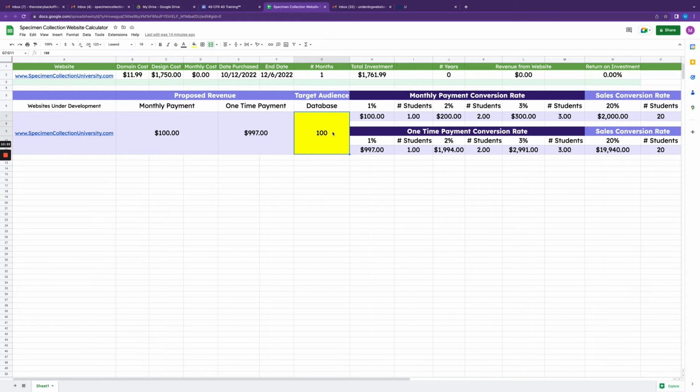Ultimately, though, I don't want just 100 on my list, because I want to make more money. With 100 people on my list, I stand the chance of getting one person to convert and pay $100 per month until they get done with the program, which is going to be about 12 months. I need to make that clear. It could take you 2 weeks or it could take you 12 months to go through the program. The time is totally up to you.